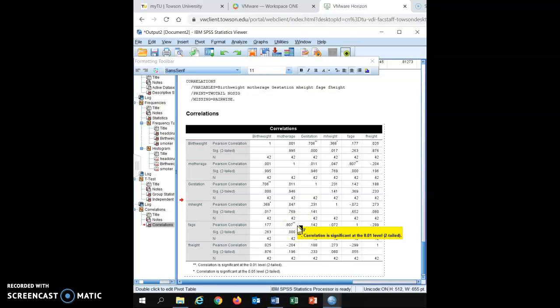We saw a positive correlation, probably nothing we're all that concerned about, between parents' age, right? So as fathers were older, mothers were also older, and no other effect was statistically significant. So father's height did not affect birth weight. Father's age did not affect birth weight. Mother's age did not affect the baby's birth weight. The only things that seemed to affect it were the length of the gestation, so how long the baby cooked for,